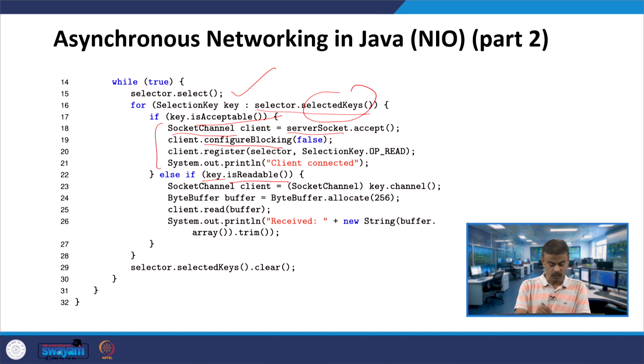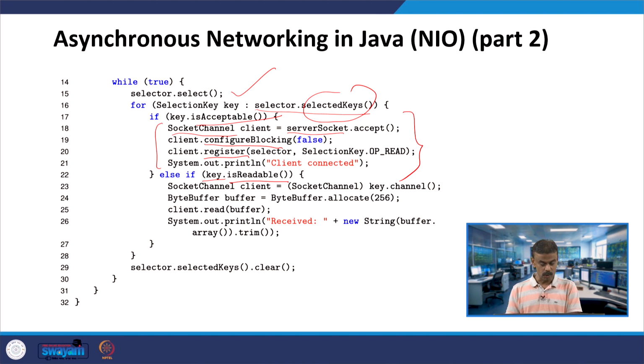Then again in line number 20, the client is invoking register, passing the selector and SelectionKey.OP_READ. This registers the client channel with the selector for read operations, and then you have System.out.println("Client connected"). If isAcceptable is true, suppose key.isReadable is true, line number 17 is false, so obviously it will go to the else part.